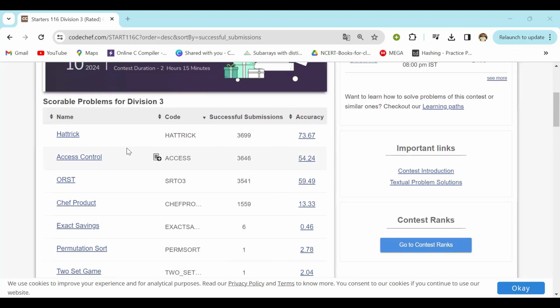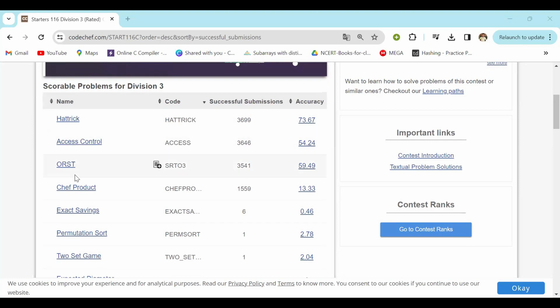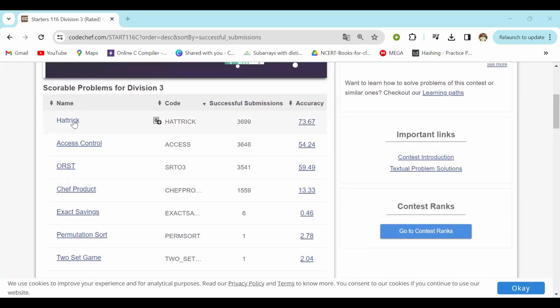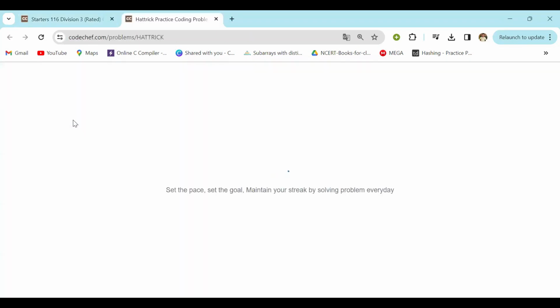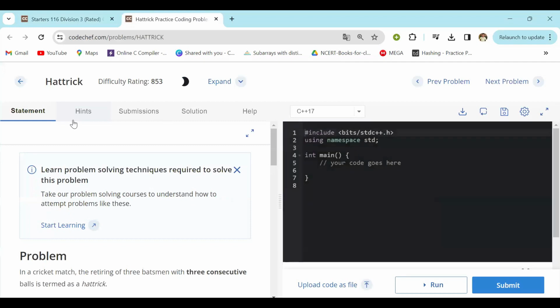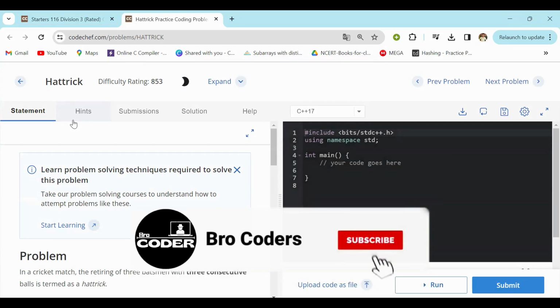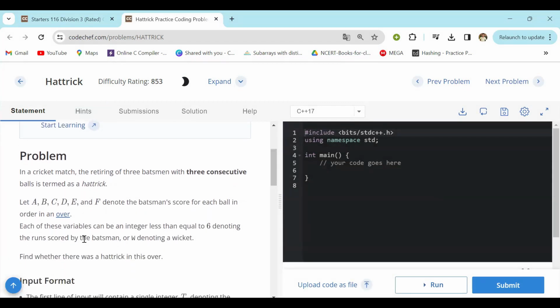So again, today's agenda will include discussion of the first four questions, probably. Without wasting time, let's start. Moving on to the first question. If you get any doubts, you can pause me in the middle, or it will be better if you ask after the discussion is over. Okay. So the first question states: in a cricket match,